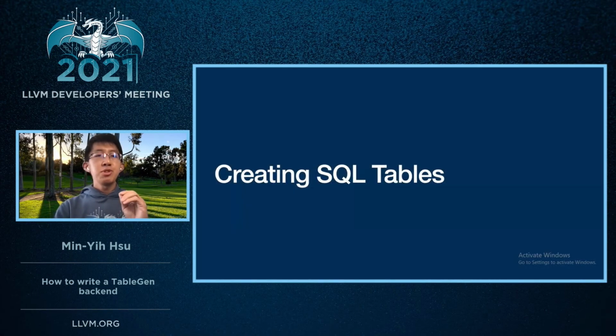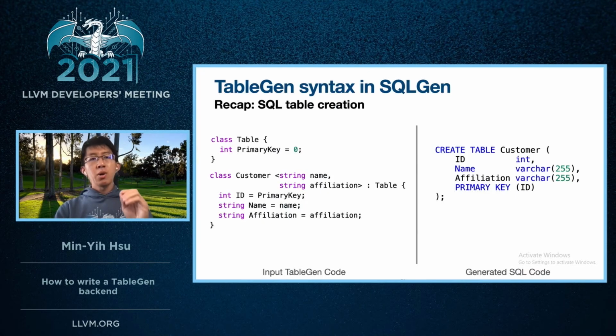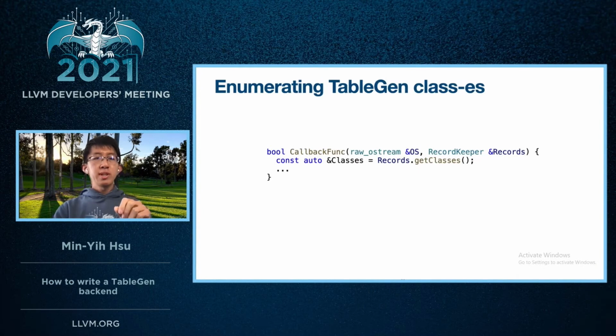So let's see how to do the first task, creating SQL tables. Recall our goal here is to generate the SQL statement on the right-hand side from our TableGen syntax on the left-hand side. Since we're generating create tables from TableGen classes, the first thing to do is enumerating all the classes. The getClasses function from the record keeper will return a map from the name of the TableGen class to